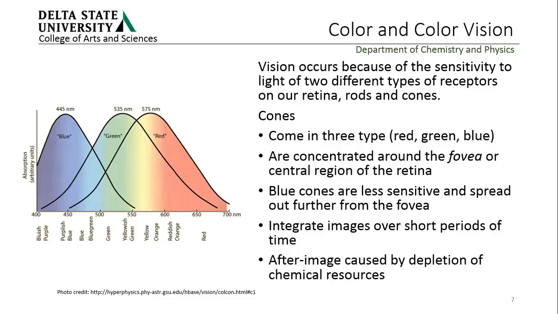Final bit on color and the human eye. Blue, you'll see how much farther out it is, and the fact that blue is very sparse. Blue cones are very sparse in the eye relative to the others. This prompts some questions about how long we have been able to see blue, because